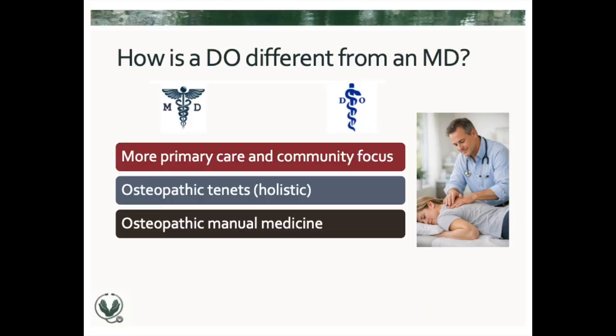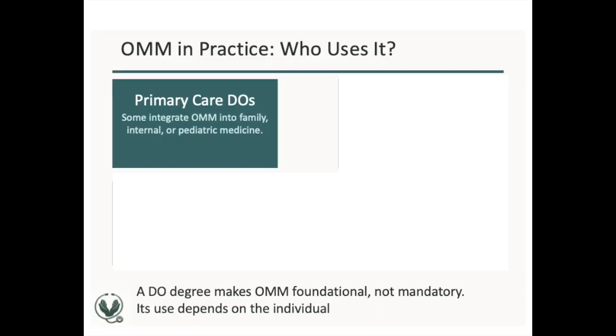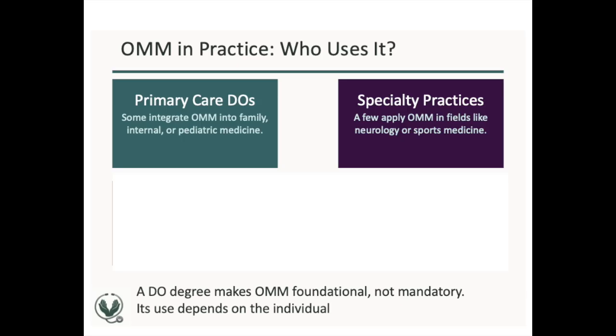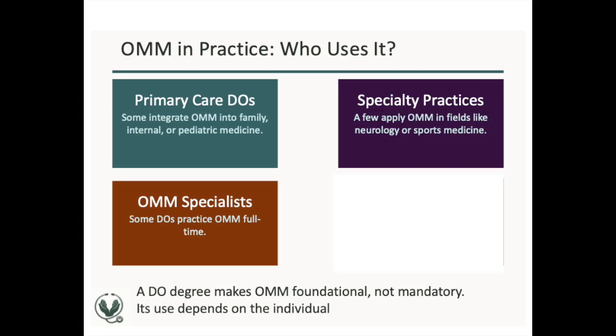The third difference is that while all medical students are trained in the basics of the different parts of medicine, pediatrics, surgery, radiology, all DO students are also trained in the basics of osteopathic manipulative medicine, aka neuromusculoskeletal medicine. Just like most of us don't deliver babies after medical school, not all DOs do OMM after medical school, but some do. Some in primary care specialties will do it as part of their primary care practice. A few people in specialty practices, like neurology, might do it as part of their specialty practice. And then there's a few of us like me who do osteopathic manipulative medicine full-time as our primary specialty.